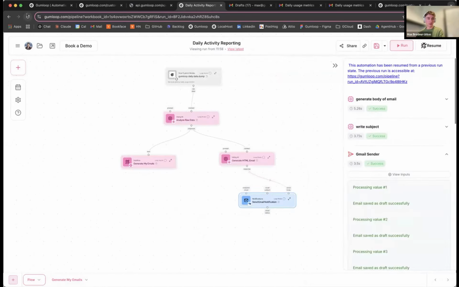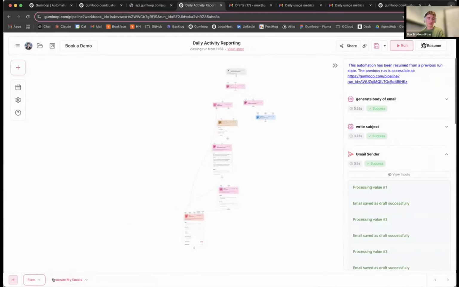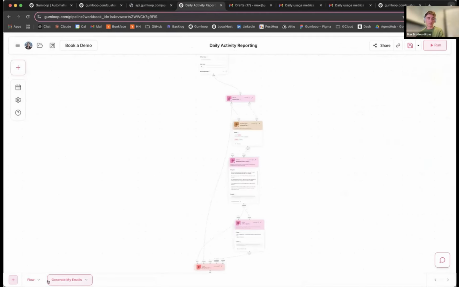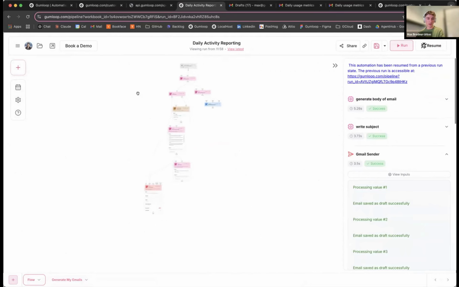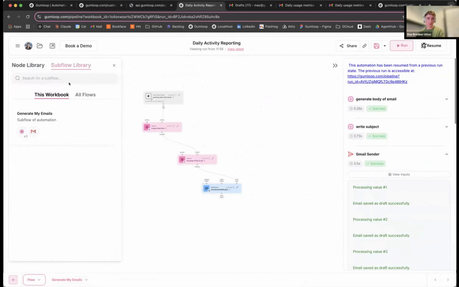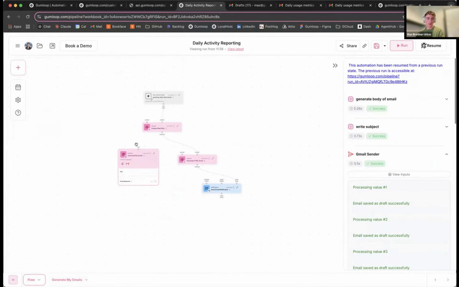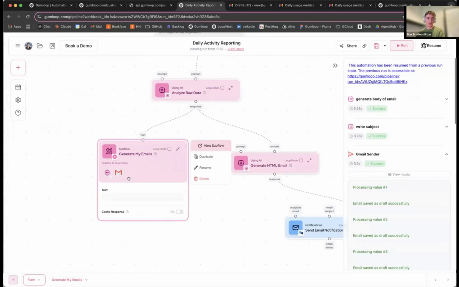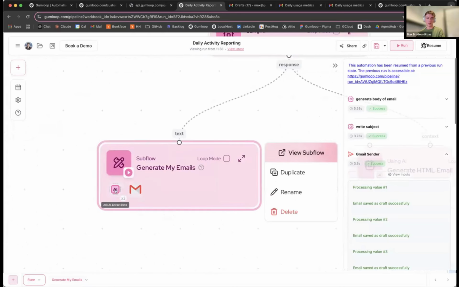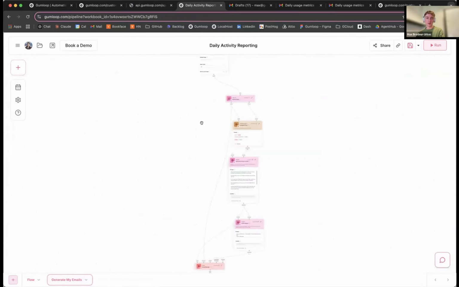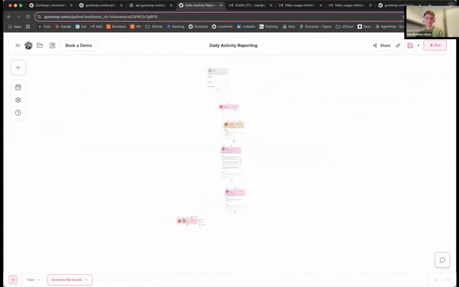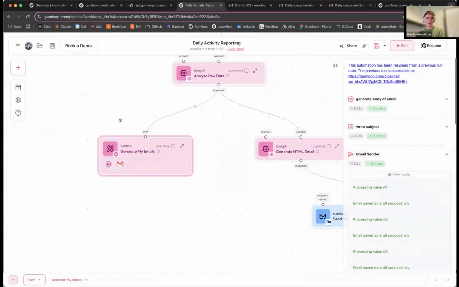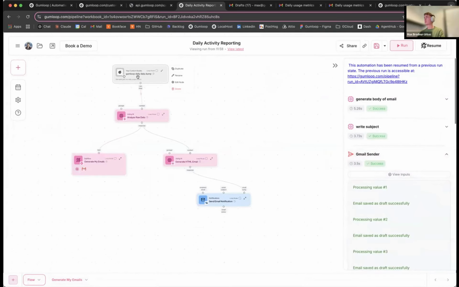Also, if you save and refresh, I like the little icons, so you need to refresh to see those. Okay, this needs to be replaced with the subflow. And then now you have generate my emails as the existing subflow. You can see it uses 3 AI steps and a Gmail sender. And then we can always click on view subflow in order to see how it's structured. Okay, that is one walkthrough